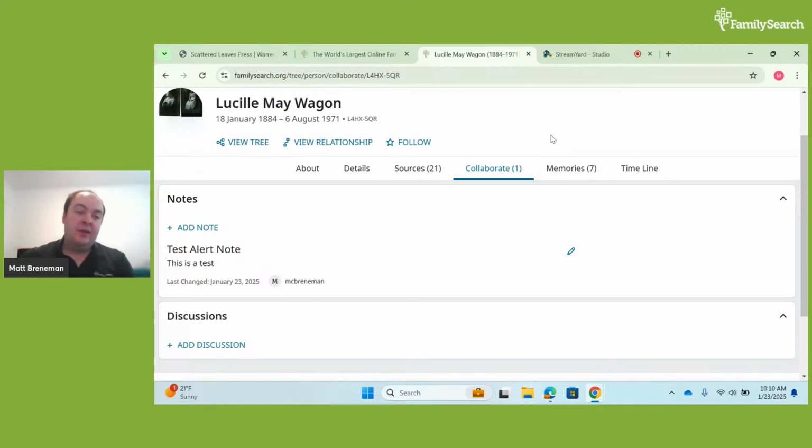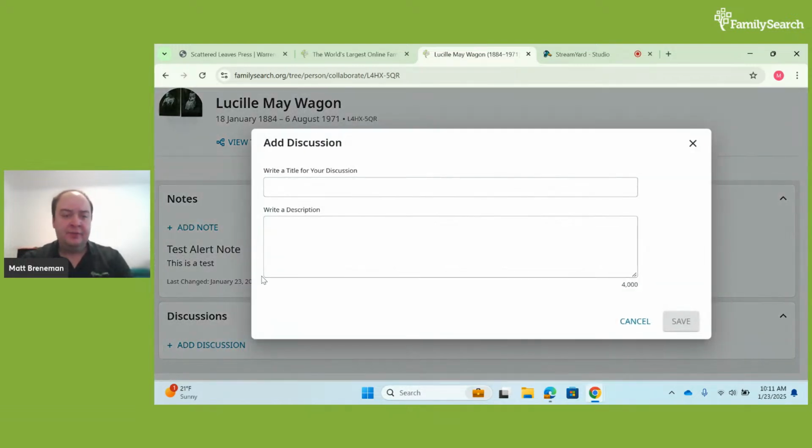Or in the case of Lucille May Wagon, we still have some questions about her parents and some half-sibling relationships she may have. I could add questions about that that people can answer and make there. And it's the same thing. You just add discussion, and you write your title, and you write your description.